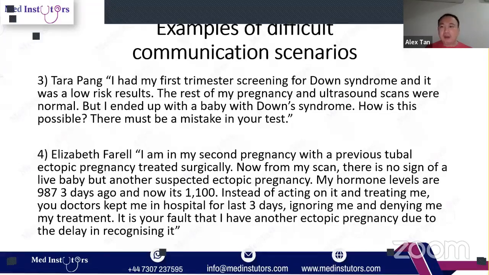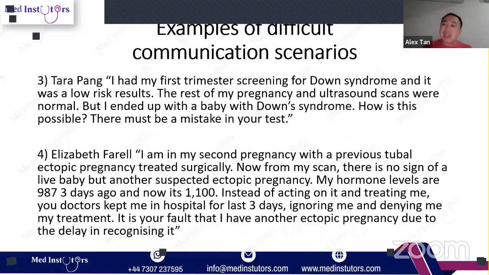And the role player was an angry role player, and can you imagine you're already exhausted, you're tired, you just want to perform well, you just maintain your calmness, and again, apologize, say that I can't imagine what it must be like for you, I understand why you're upset. The reason why we admit you is because this is in keeping with our hospital policy.